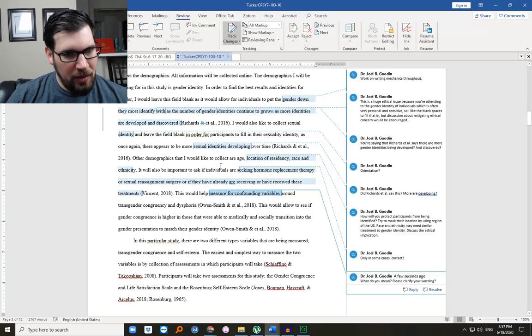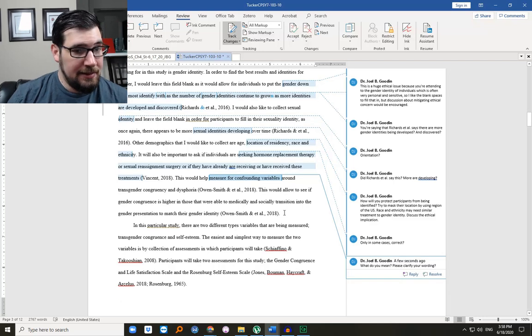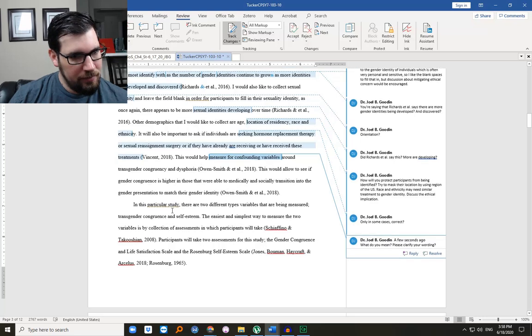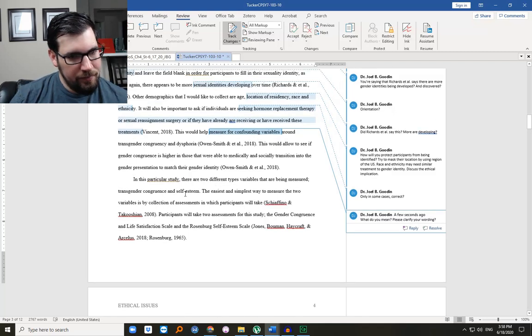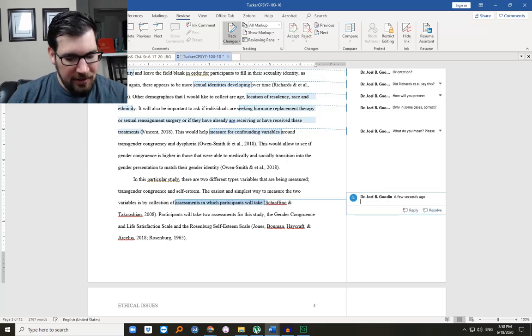So here you don't measure for a confounding variable, you measure confounding variables if you know what they are, and I think they're suggesting that being in a transition surgery or planning for that might be a moderator or mediator, and I think that's a decent point, but they're not really saying it very clearly. Here it's just awkward wording, so I'm just going to point that out.